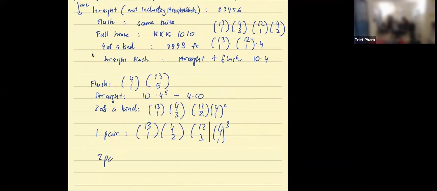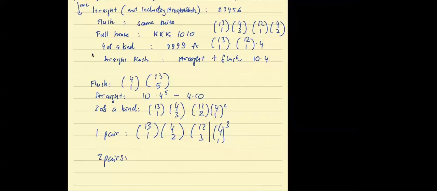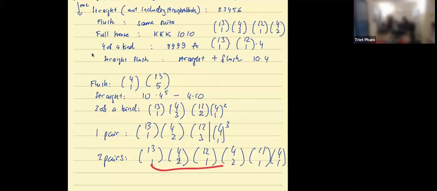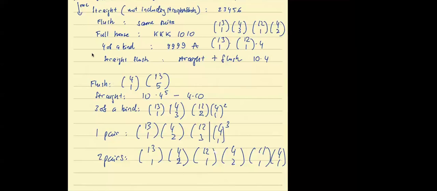So two pairs is, I'm guessing it would be 13 choose 1 times 4 choose 2, and then 12 choose 1 times 4 choose 2, 11 choose 1 times 4 choose 1. But I'm guessing we're going to have to divide by something about the order. Yeah, maybe. Right, because here you introduce the order between the pairs. So actually, right,